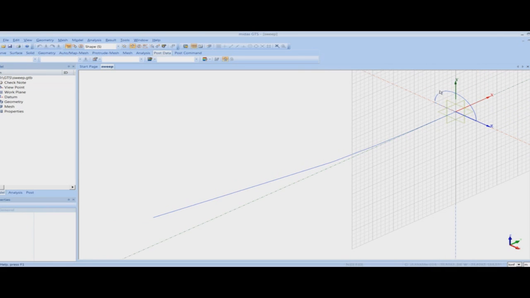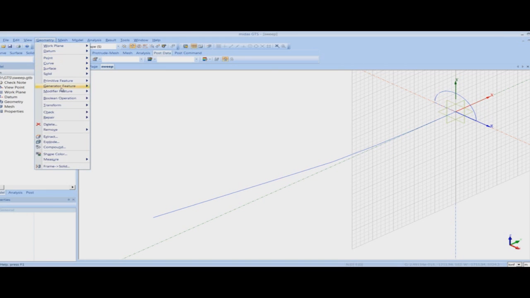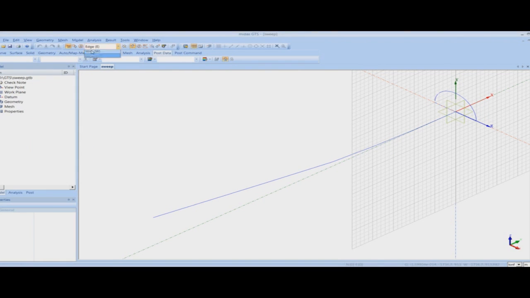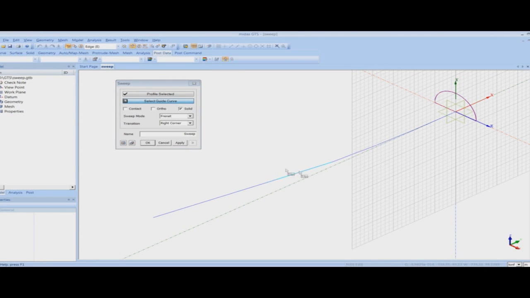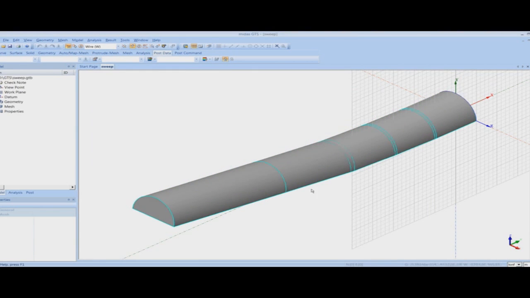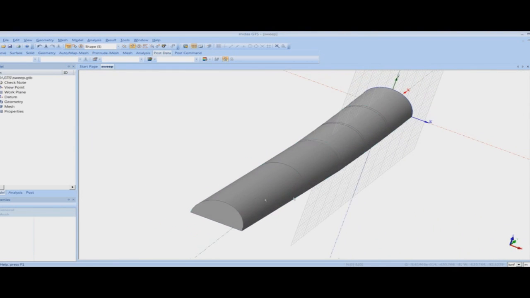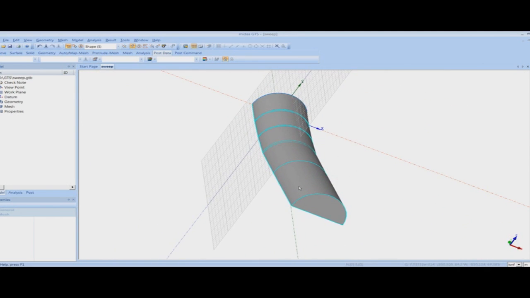So here you can see that I have created a tunnel opening and I'm creating a sweep curve. So I'll go to the geometric generator feature for sweep. I'll select the wire, and here I have selected the wire that will be swept, and I'll select the guide curve. Again, I'll select the wire, and once I click OK, as you can see here, the tunnel modeling has been done. So it's very simple. You just have to create the opening in the form of a wire, then you can create a line along the length of the tunnel, and then you can just sweep that opening to create the solid of the tunnel.